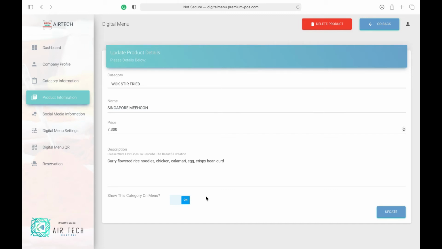You can change this by clicking on this toggle button. Once you have updated or entered the information, you need to press the update button in order to update the information. If you want to delete the product, you can click on the delete product button on the top side.